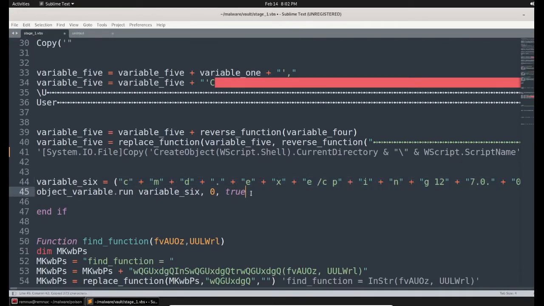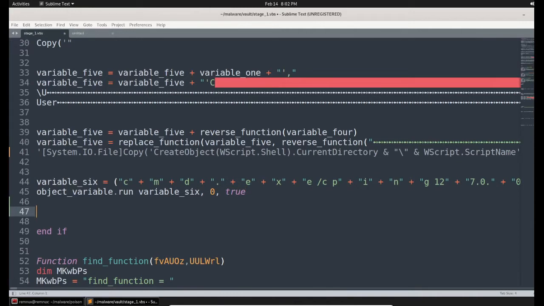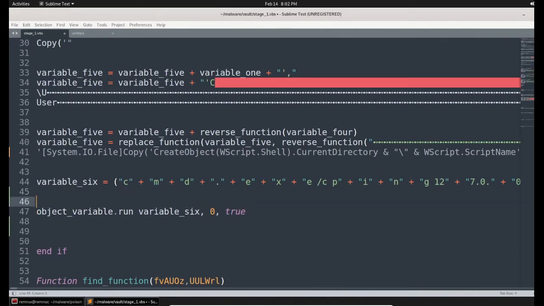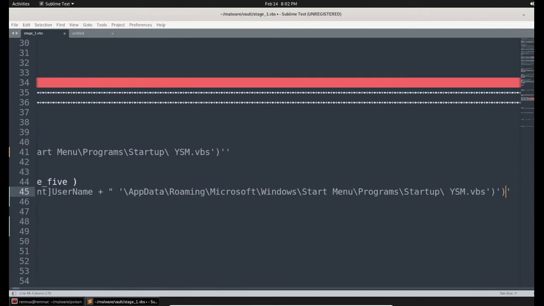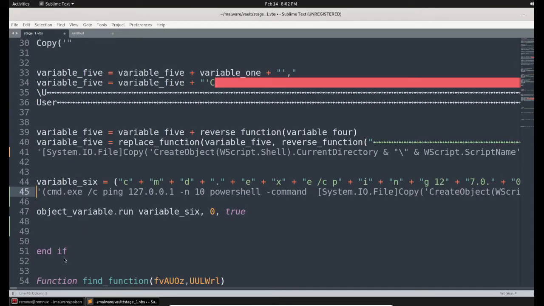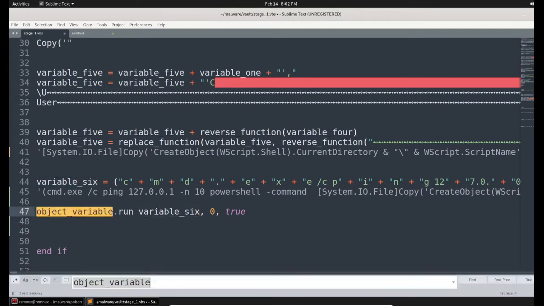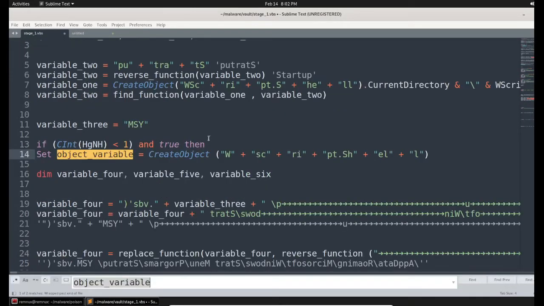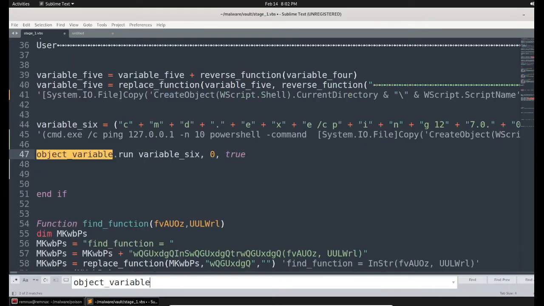At the end of the variable 6 statement, we can add this in a commented area. And once variable 6 is defined, it will be called by the object variable. The object variable is already defined. It's nothing but WScript.Shell. So everything will be executed inside WScript.Shell.